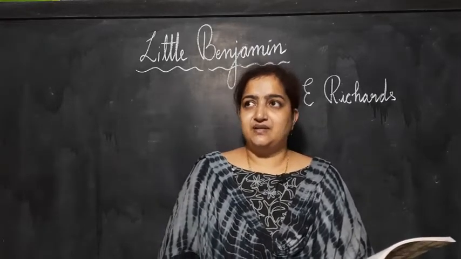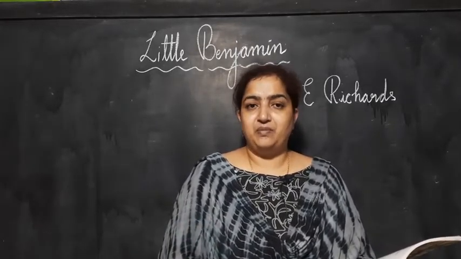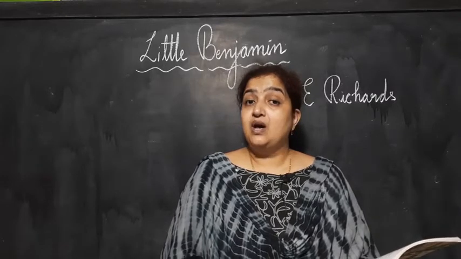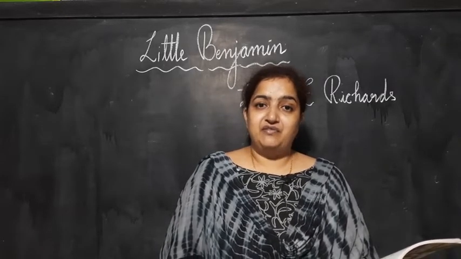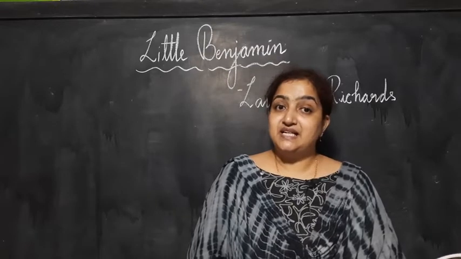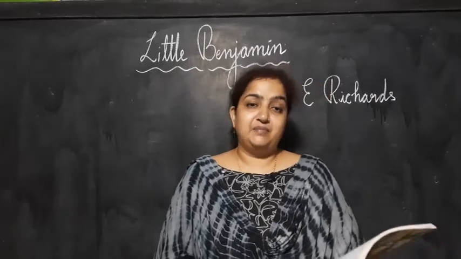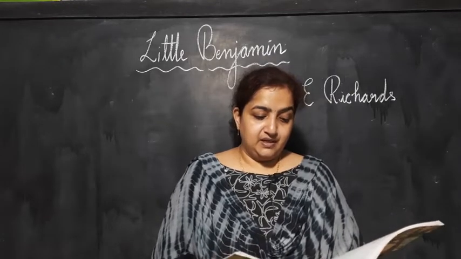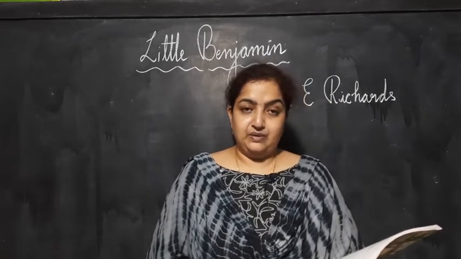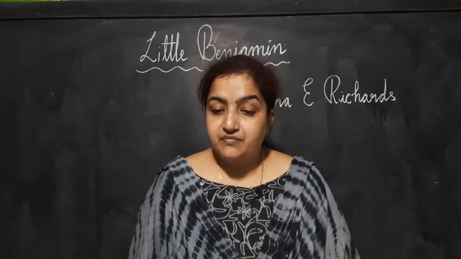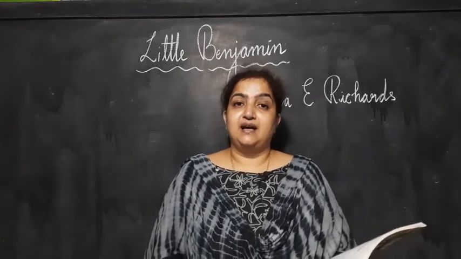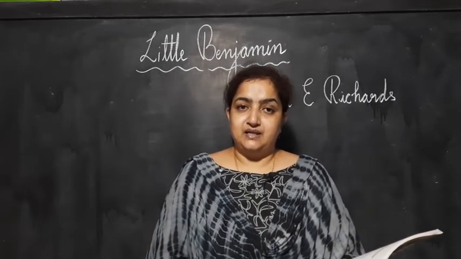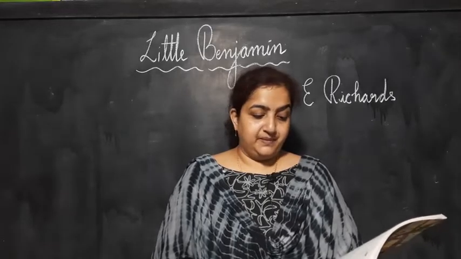See children, sometimes when you look at the face of the baby, you cannot make out whether it is a baby boy or a baby girl. But now they found from the note, it was written his mother. So they found that the baby was a boy. It's a boy then, said Father Golden. He came forward to have a look. So he came forward, looked at the baby and said, yes, it's a boy. This baby is a boy baby.